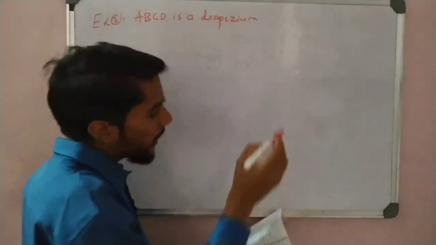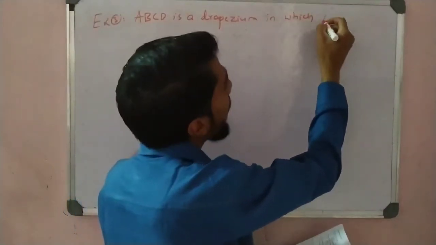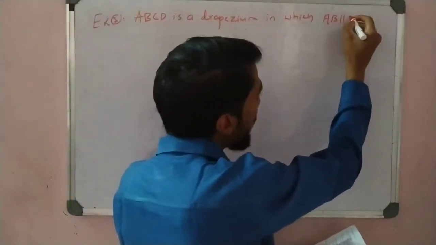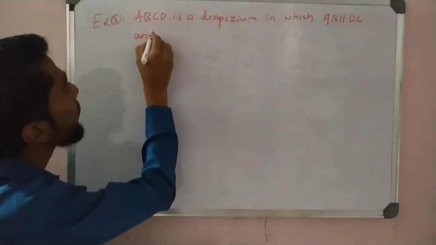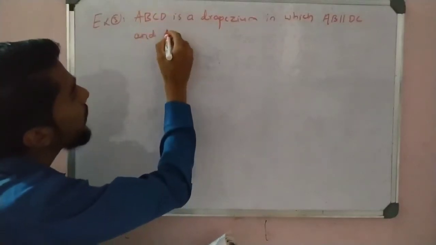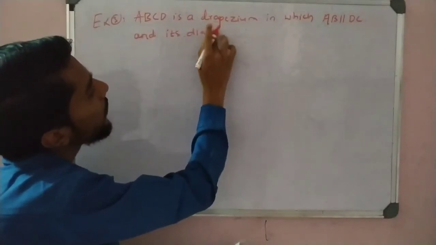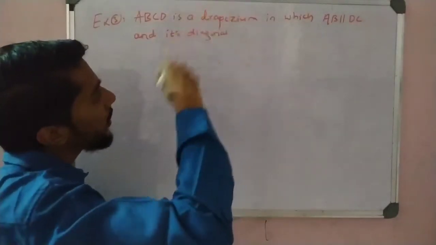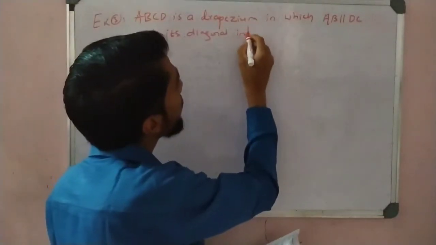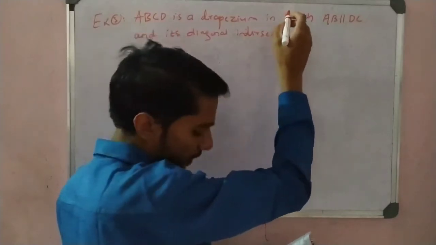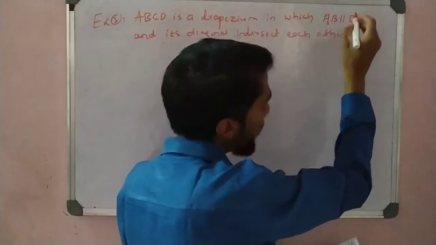A trapezium in which AB is parallel to DC, and its diagonals, the lines joining opposite vertices, intersect each other